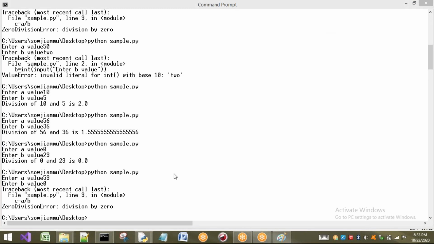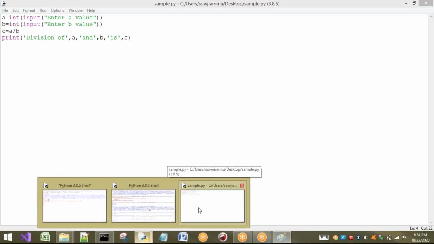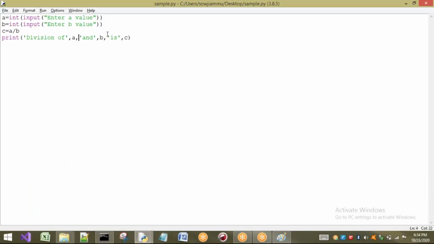Now, here what happens? Because of one statement, the entire remaining program is going to be stopped, because of one line. For example, I will take one line, print, that I want to place after the exception. Before the exception I will also print some lines, writing print of before exception.